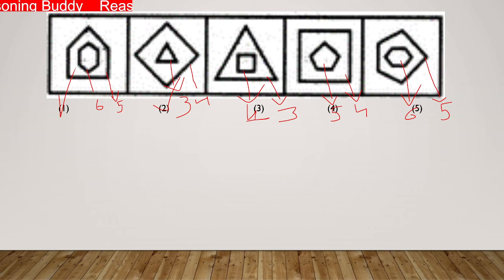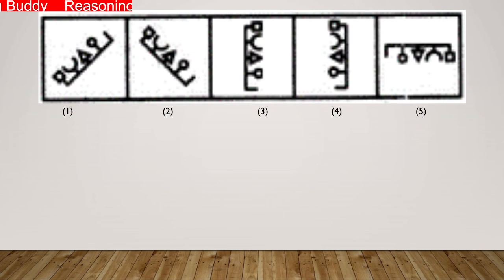In figure 3, the inside figure has 4 and the outside figure has 3. In figure 4, 5 and 4; in figure 5, 6 and 5. But in figure 2 you can see the inside figure has fewer line segments than the outside figure. So it is the odd man out. Next,